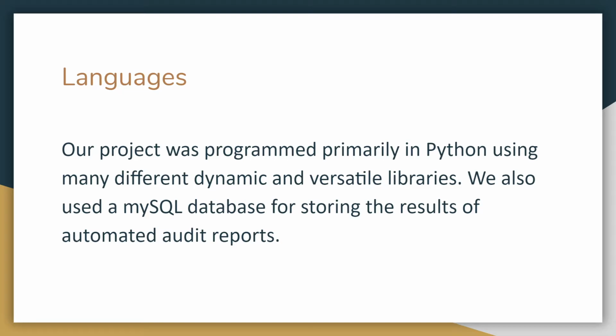When we initially looked at what language we wanted to program this in, we ended up deciding to use Python because it has many versatile libraries. The main library was one with emphasis on allowing us to pull data from spreadsheets, cells, columns, rows, all that stuff. And Python already has a library included for that, so it's pretty easy to decide where we're going from there. We also used a MySQL database with Python to store all these results from the system into a database, so that way Noridian can pull them and access them later, as our program does support looking up previous error sheets.